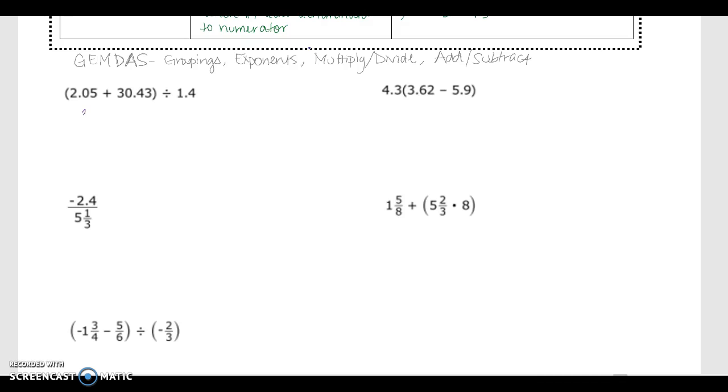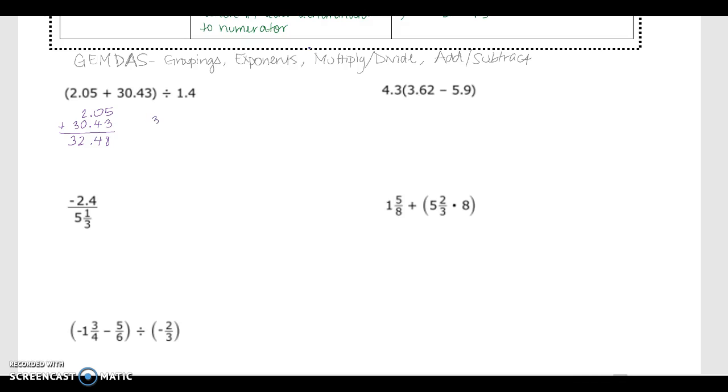So we have 2.05 plus, and remember with decimals, I'm lining up my decimals, 30.43. 5 plus 3 is 8, 4 plus 0 is 4, 2 plus 0 is 2, and 3. So now I have 32.48 divided by